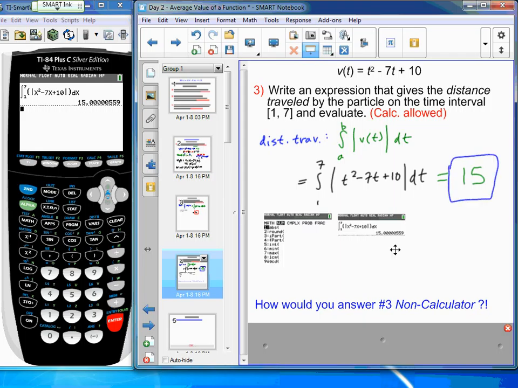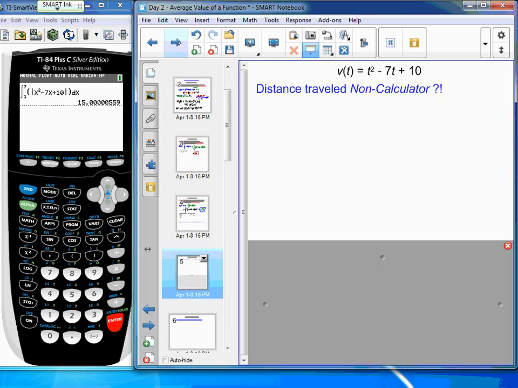Raise your hand if you already had that. So you already found 15. Hey, great. So calculator allowed, displacement versus distance traveled is super easy. How would we have done number 3 if we were not allowed the use of the calculator? Well, if we were not allowed the use of the calculator,